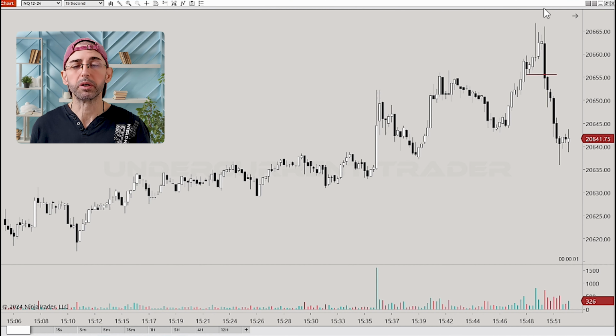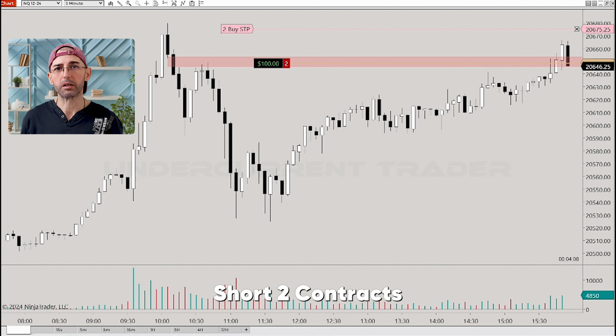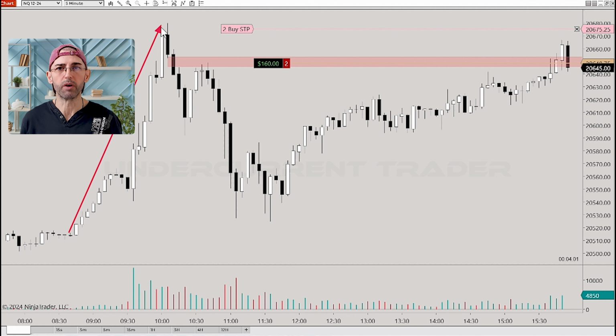So this setup begins with a break in market structure around the 655 level on the 50-second time frame. Now, after spotting that, I shifted to several higher time frames to gain a clearer perspective, eventually finding the 5-minute chart, which gave me the broader context I needed. Initially, as you can see, the market makes a strong move upward. However, it quickly sells off, pushing right through this imbalance area